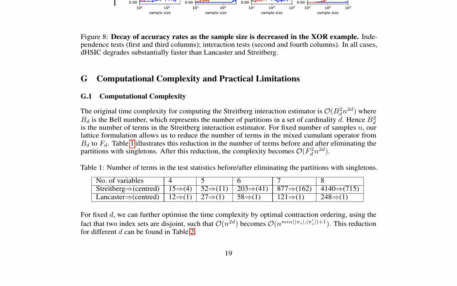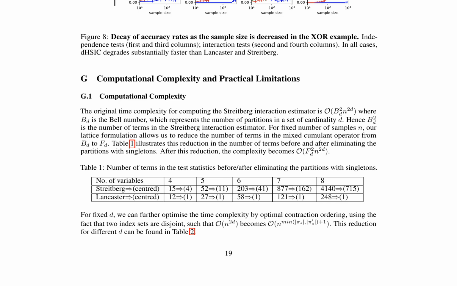Furthermore, for fixed D, the time complexity can be optimized by optimal contraction ordering, taking advantage of the fact that 2 index sets are disjoint. This reduction for different D values is presented in Table 2, where n squared D becomes n to the min pi s plus 1. This optimization enables efficient computation of the Streitberg interaction estimator, making it a viable option for detecting higher-order interactions